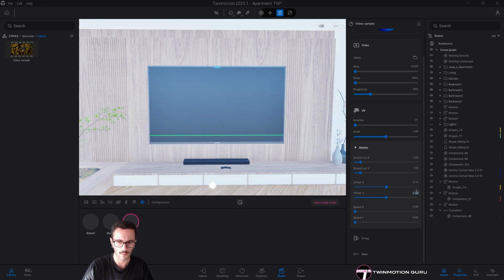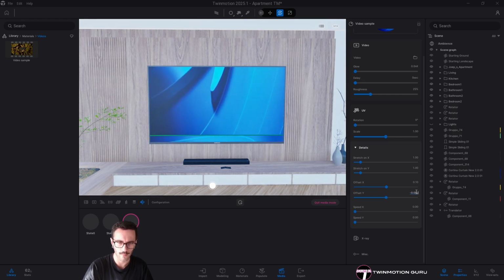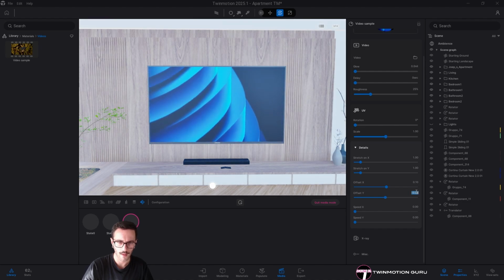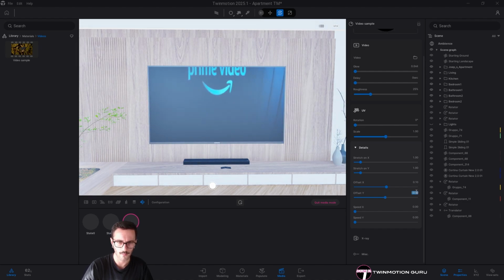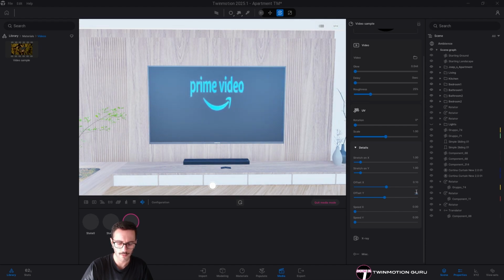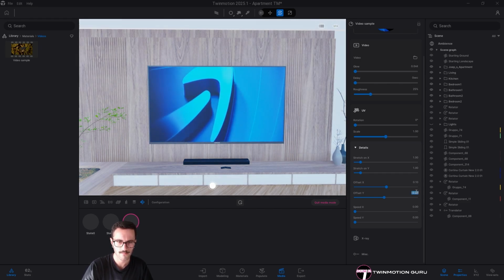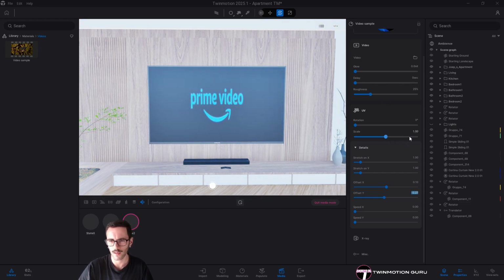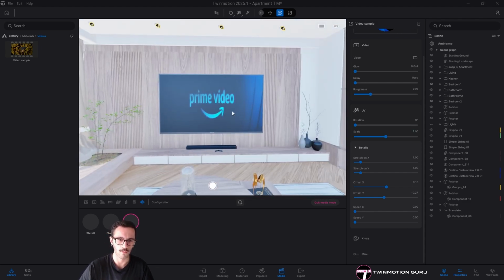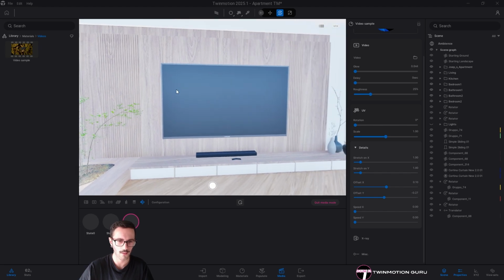Minus 0.5, 0.8, 0.1, 0.2, 0.3. Yeah, 0.27. Something like that. Of course, the scale is not correct, but I think you understood correctly what I meant.